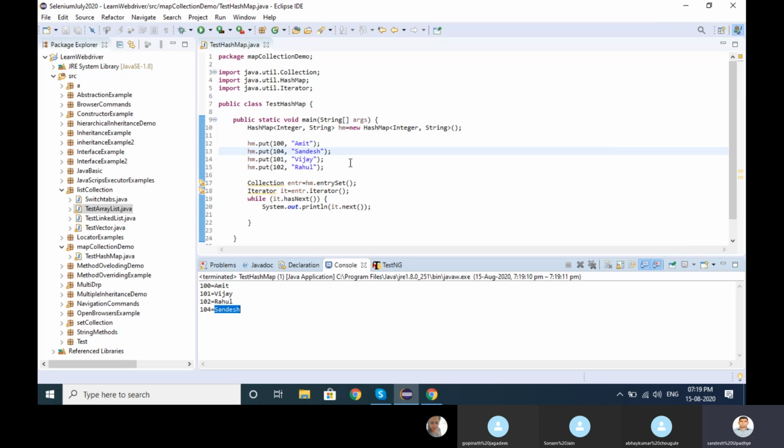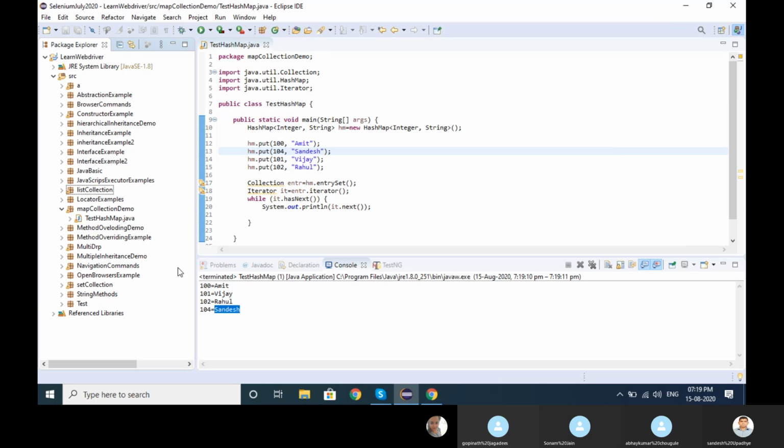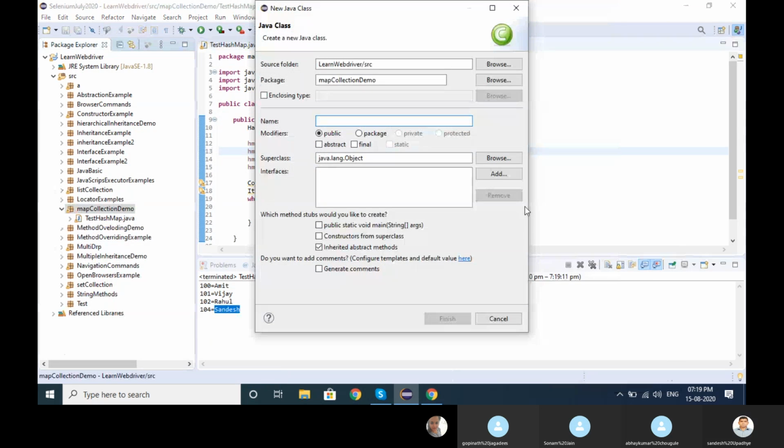Okay. If we use the same category where I have created, let me create one more class. Test hash map.